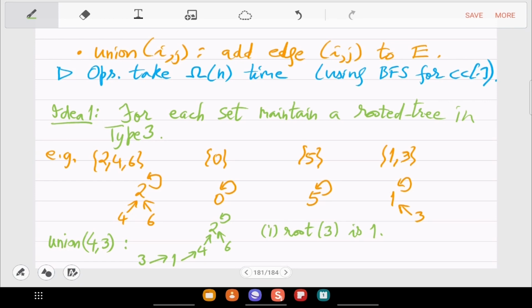Well, here it was easy because the parent is already the root. But maybe if the tree was big, then you have to go all the way to the top, and there the root will be found. So it will take some time equal to the depth of that tree.